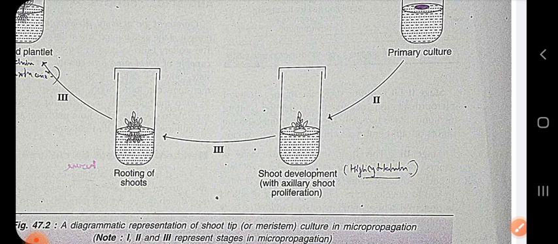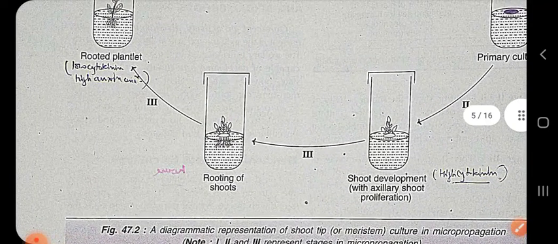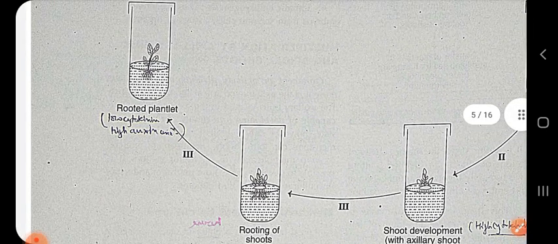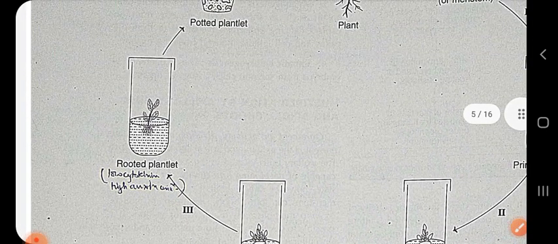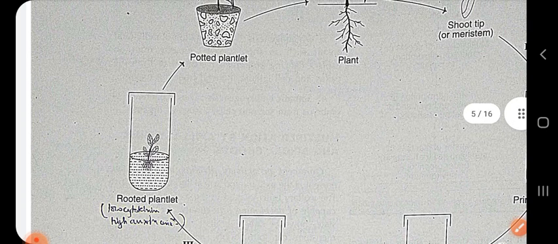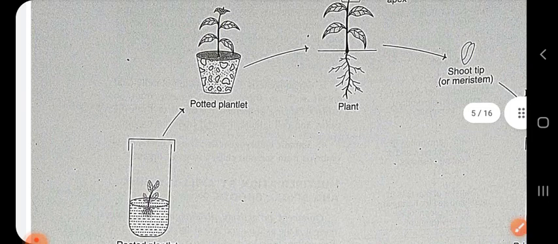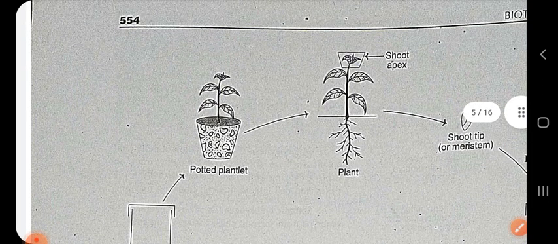High cytokinin, low auxin concentration is desirable for shoot proliferation. For root proliferation, the opposite will occur. Change in the composition of the medium, low cytokinin, high auxin concentration, promotes root formation, and thus we make a rooted plant. Then, after the plant gets a desirable increase in the amount of adventitious shoots and roots, we put them in a greenhouse in a pot mixture of sterile sand, soil, and farmyard manure in a 1:1:1 ratio. Okay,